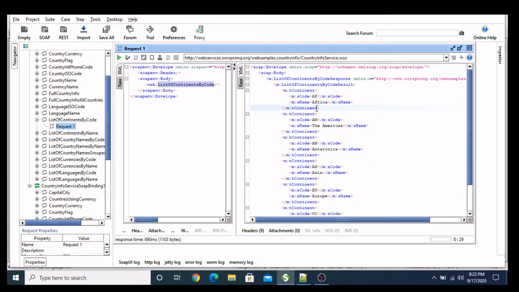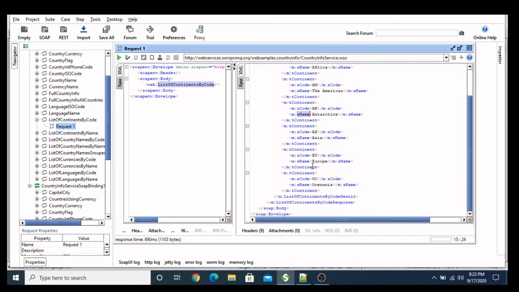Another thing I am going to verify here is that the tags coming inside each and every value of the list should be similar for all the list data, because it's a list and it's providing the same data but with different values. So these tags should be the same till the last one. OC is for Oceania, EU for Europe, then AS for Asia. So this is the complete list of data which I received from the database based on the request I provided via the SOAP API.